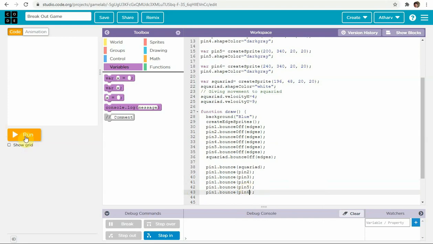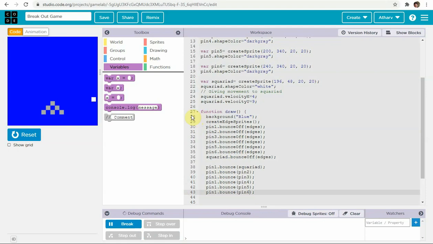Now let's see what happens. As you can see, it's bouncing off. It's not touching pin1. Yeah, as you can see, pin1 started moving. Pin1 has started moving. It's bouncing off from the edges. As and when the square touched pin1, then it started moving.